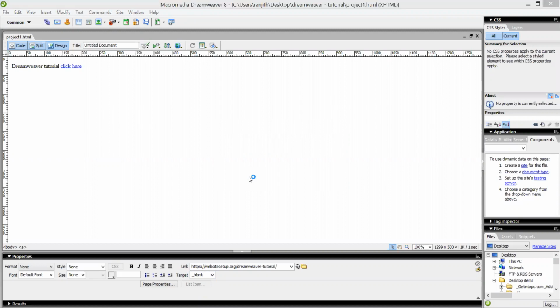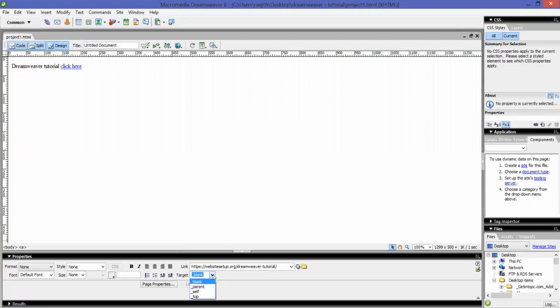Then if I click on this, it will go to the next tab and open the web link. So this is how you give your links. You can link the websites which have to be created in your web page. You can make the target blank or parent, self, everything except blank, other things in the same page.